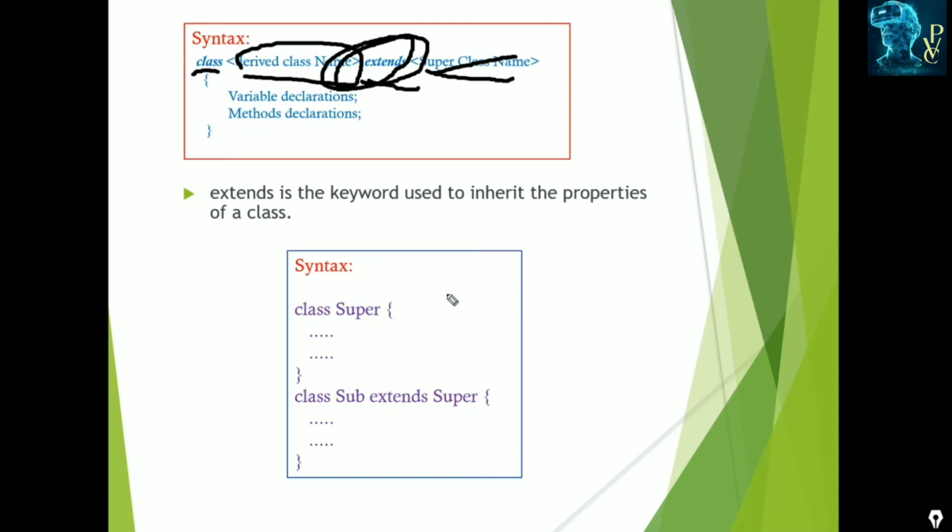Here you observe, this is the class super, which is the old class consisting of variables and methods, and here we are creating the new class, sub, which is extended by the superclass, the already existing class. This is the syntax for implementing inheritance.